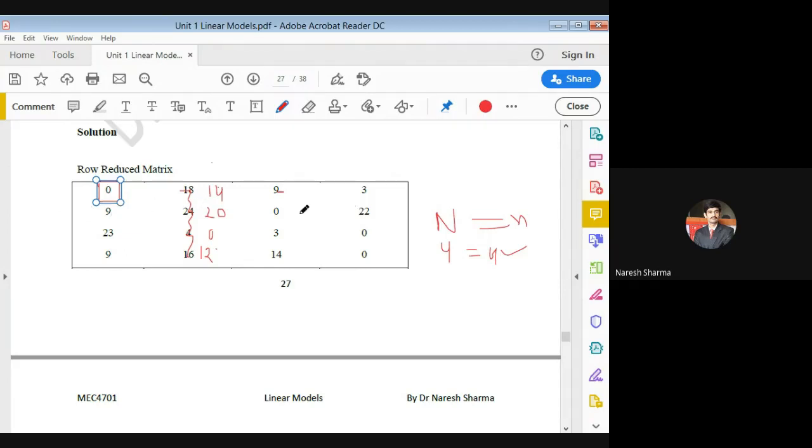In the second row, we also have only one zero. If we have more than one, then we can go for the next row. But in our example, we have only one zero. So I'm marking this with a box. Cover this by a box. And for the corresponding column, check if there is any zero. In our example, we have no zero. If we have a zero, we can mark that as a cross. But in our example, we have no zero in this column. Now check the third row. See here, we have two zeros. So if we have more than one zero, leave this. Go for the next row. In the next row, again, we see we have only one zero.